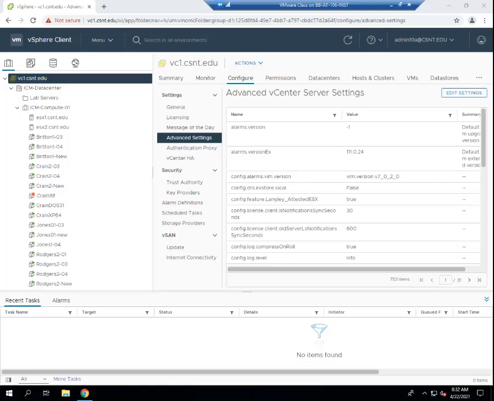So lab 10, we all need to be logged into the vCenter server. Looks like almost everybody is logged into the vCenter server,